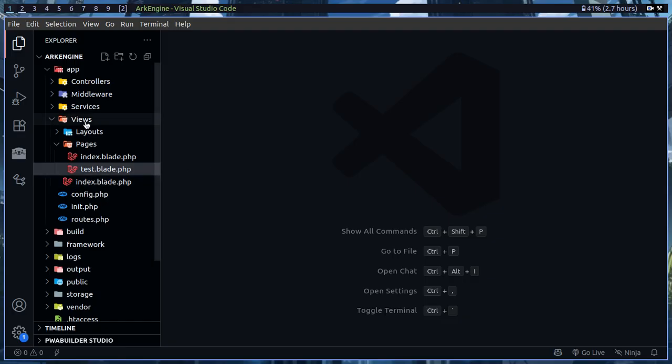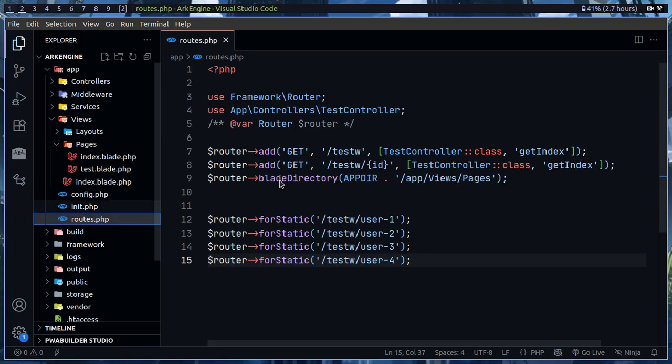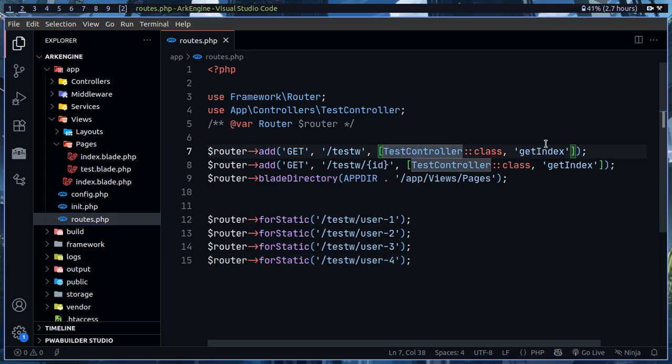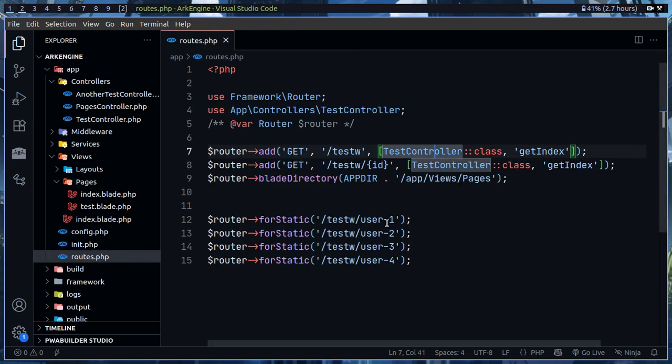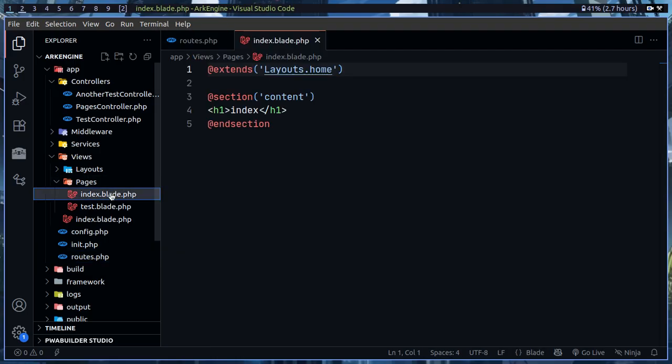So if I go to app/routes, I can define my routes as controller and methods. This is a controller that returns a response that uses the custom request and response classes. And then we can also add a whole directory for generating the URLs from blade views directly, like this and